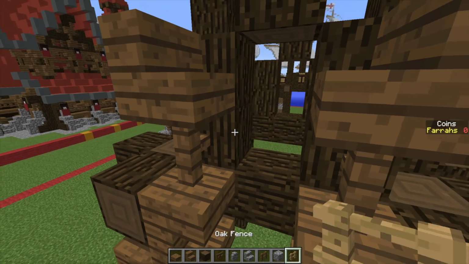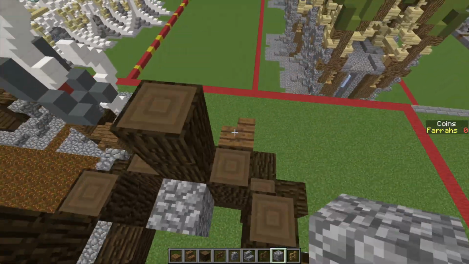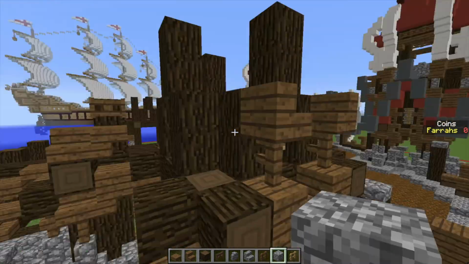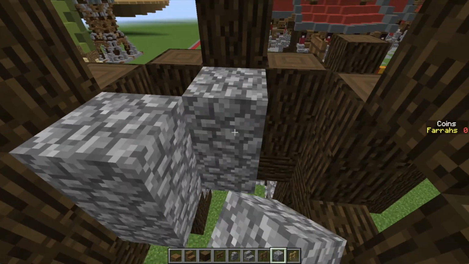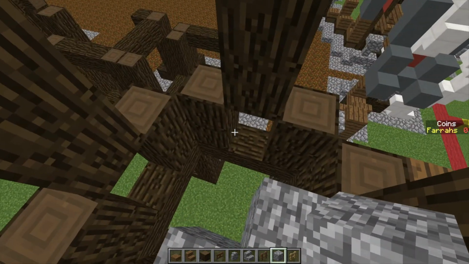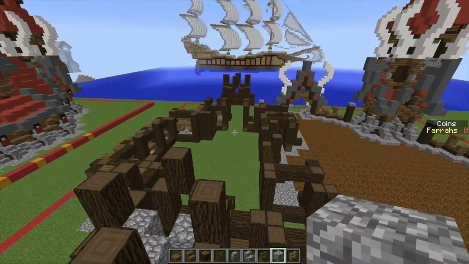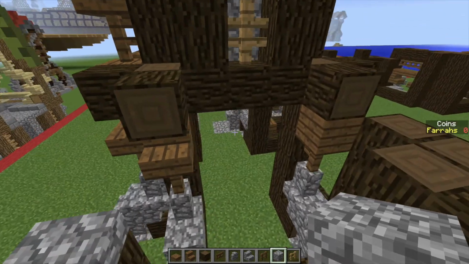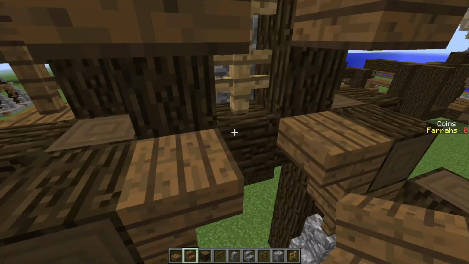Then you can take some oak fence, place oak fence in these gaps with 2 blocks of cobblestone. We're going to do this for each of these small areas. We're not going to do anything really to this side yet, because we'll start to see how it all sort of molds together once we start doing the main rooftop. So once you've got them, you can also do this side, of course. So you want to be doing this side